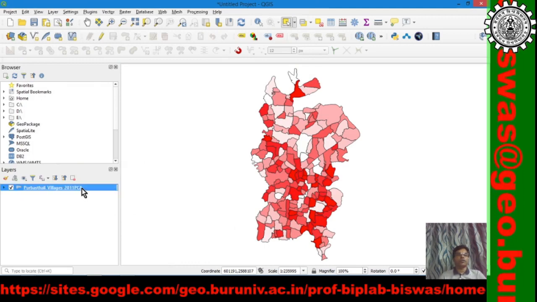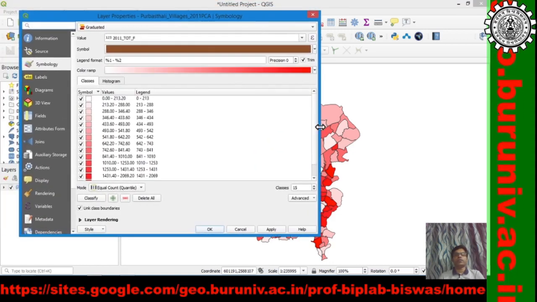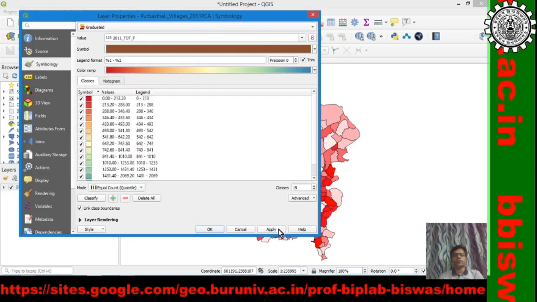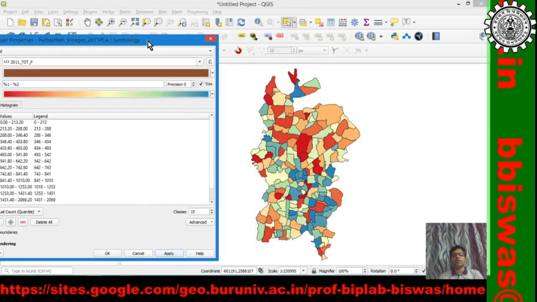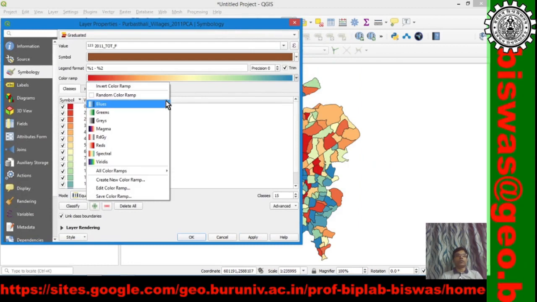So maybe we want to change the color scheme. You can see the color scheme is here. We can choose spectral, apply. You see it is coming out colorful. So just play with this.